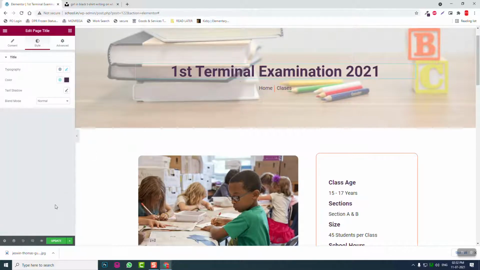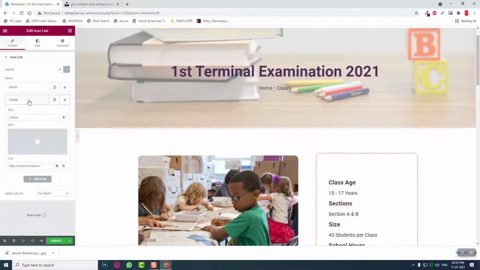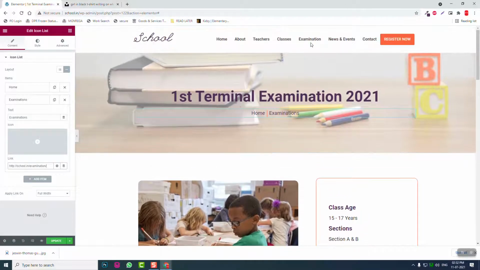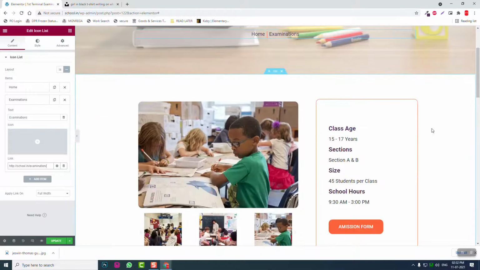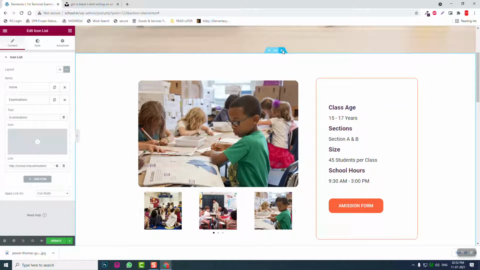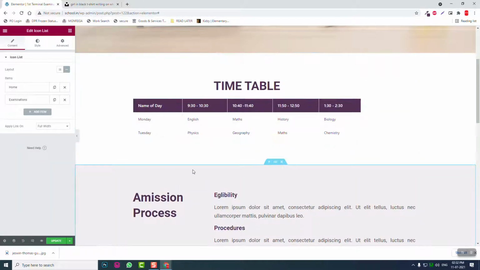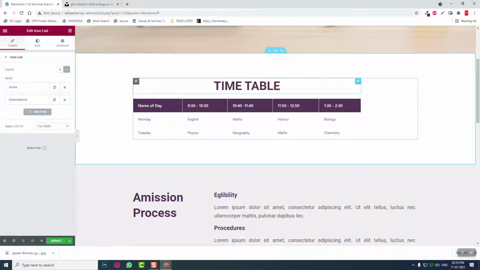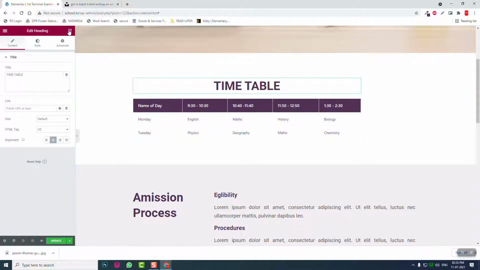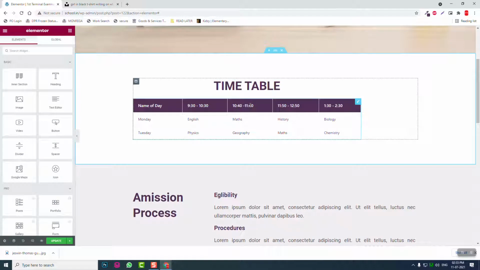Okay, like this, and since these two link these two examinations, examination page, yeah, this page. Okay, and we can delete this. Of course, here this is examination timetable. It is much necessary,